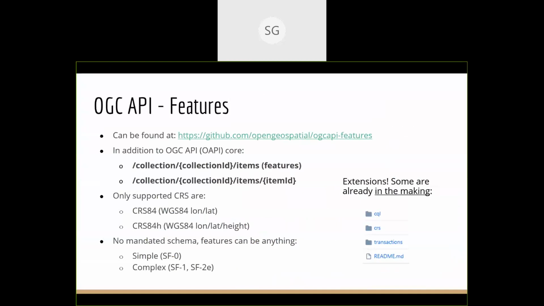At first glance, people could say, yeah, it only supports a limited number of CRSs. Right, but there are extensions, if you look on the right side of the slide, that are already being progressively set up. One includes how to handle more coordinate reference systems, one is filtering, etc., and one of them is transactions,